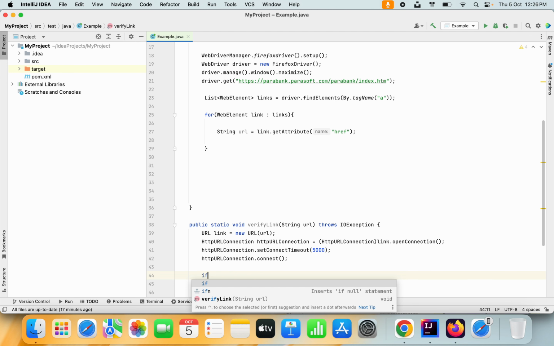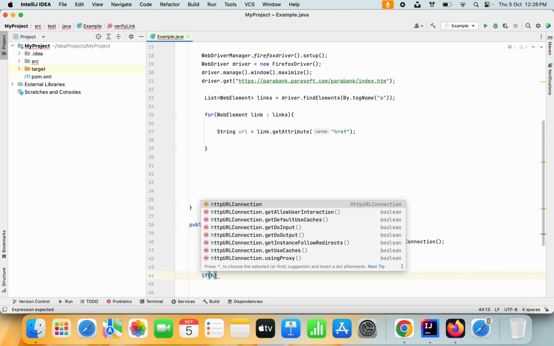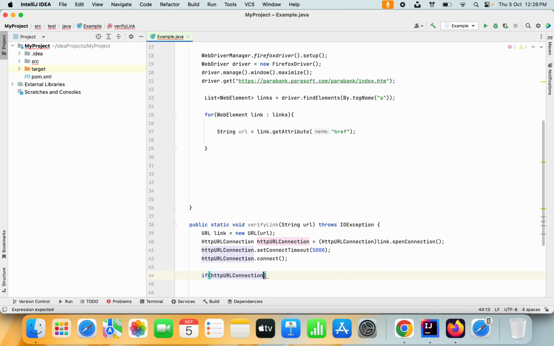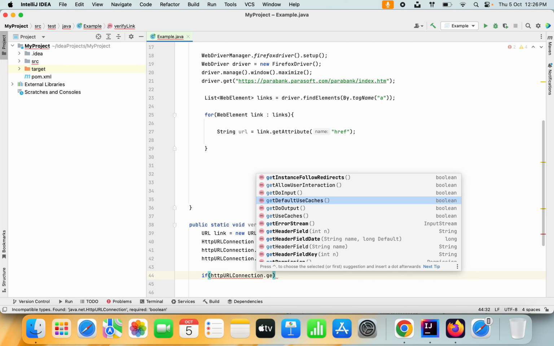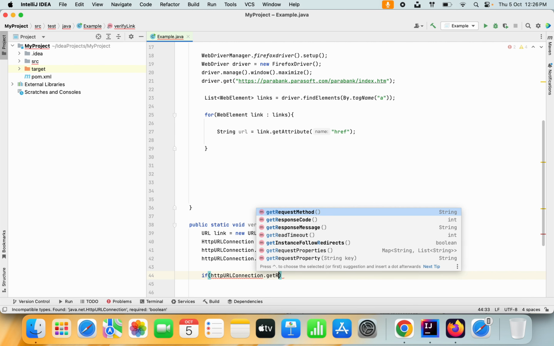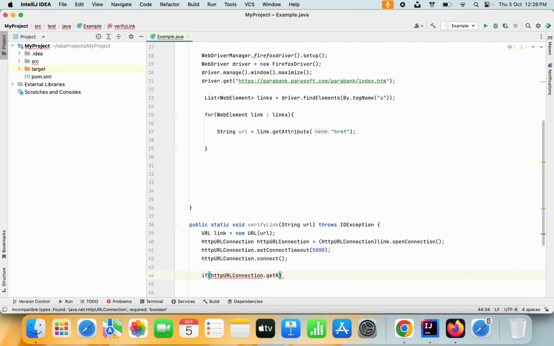If HttpURLConnection getResponseCode, as we discussed, the response code is equal to 200,